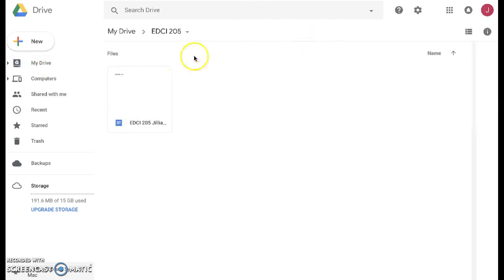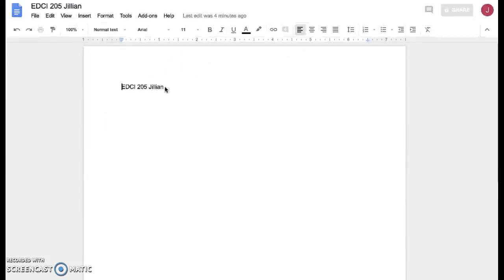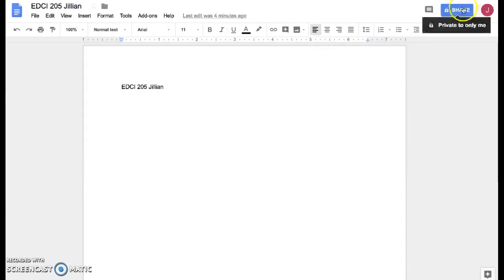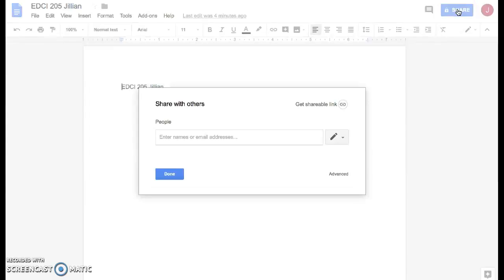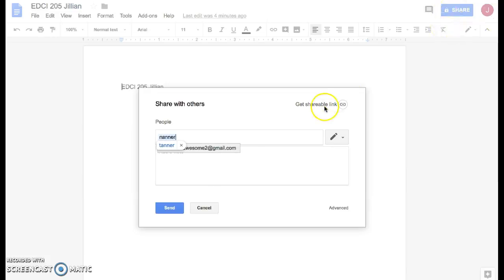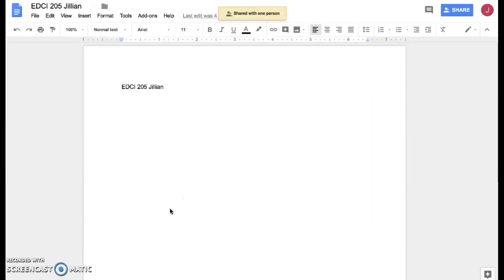So to go back to that document, to share it with somebody, all you do is you go to this blue button right here, click share, and then for me, I have a friend in this class as well that I usually go ahead and share my documents with. So there she is. Right there, just click the name, press send, easy as that,